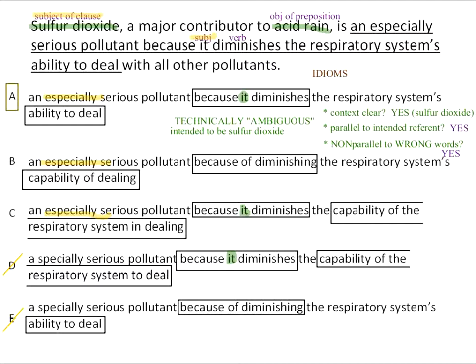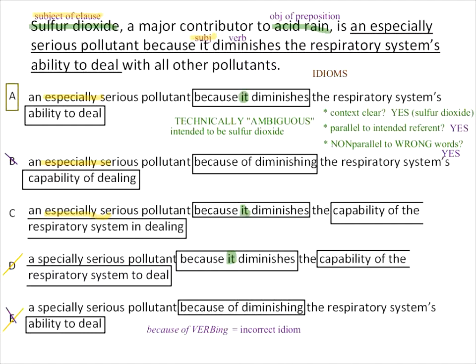As far as the other stuff, there are just idioms here. I mean, a couple of other posters have asked us to explain other differences here. These are mostly just idioms. If you say because of verb-ing, this is incorrect for the same reason any other incorrect idiom is incorrect. It's just an incorrect idiom, period, end of story. So you just have to kind of know that. So because of diminishing doesn't work. And then